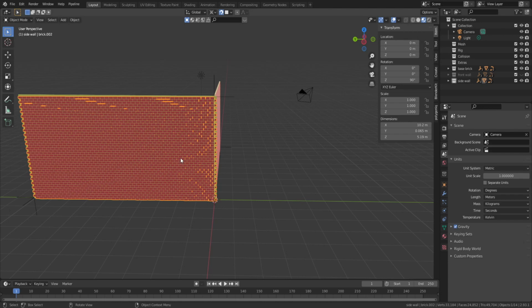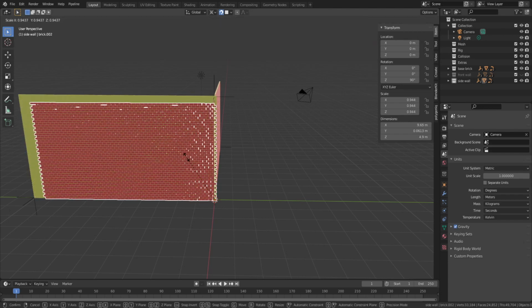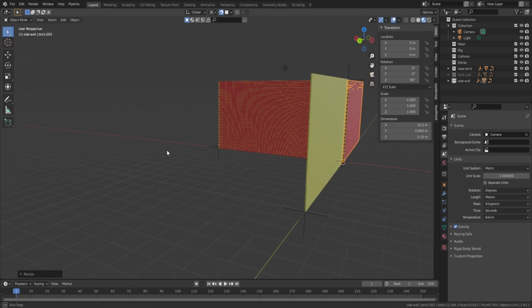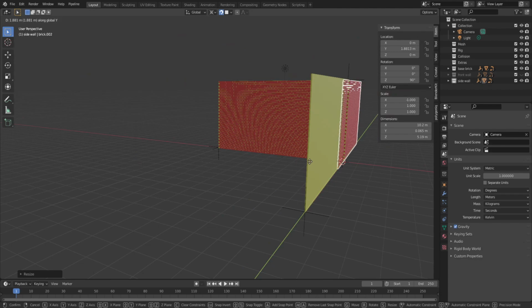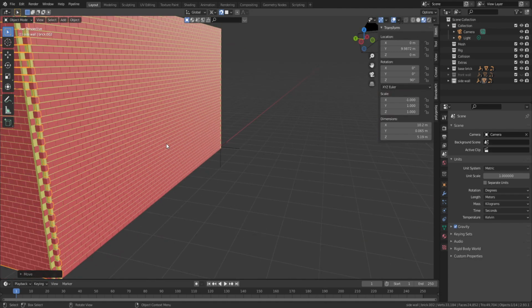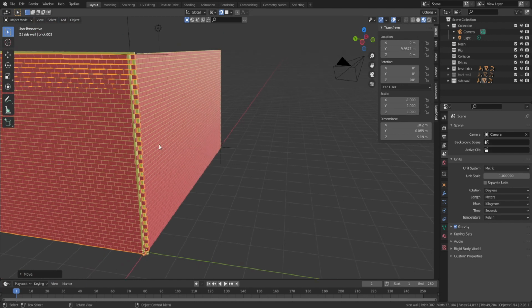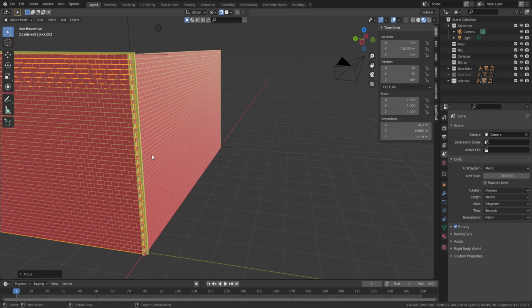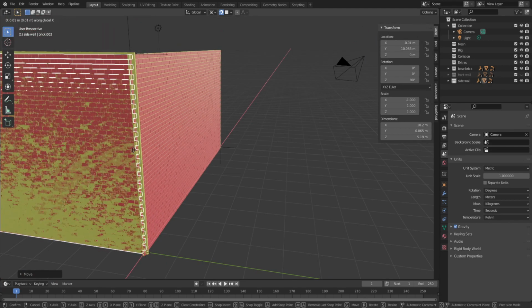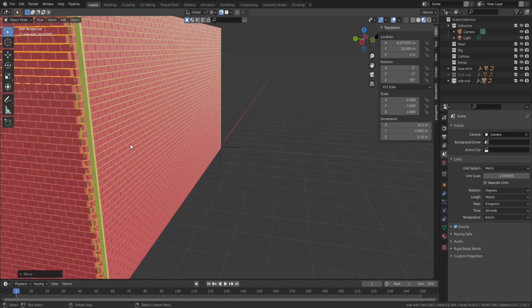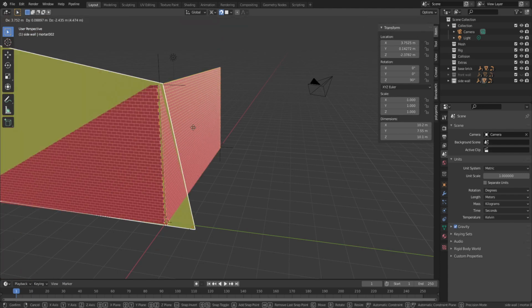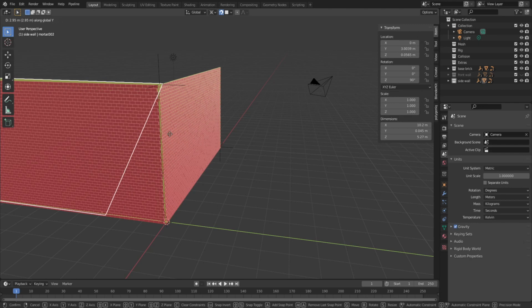We will scale it on the Y by -1, then grab it on the Y and then clip it to this wall here, which won't work very well, so we'll grab it on the Y and we'll clip it to the face of this wall, and then we will grab it on the X and clip it to the face of this wall here, and then we'll do the same with this. Grab it on the Y, but you see it's